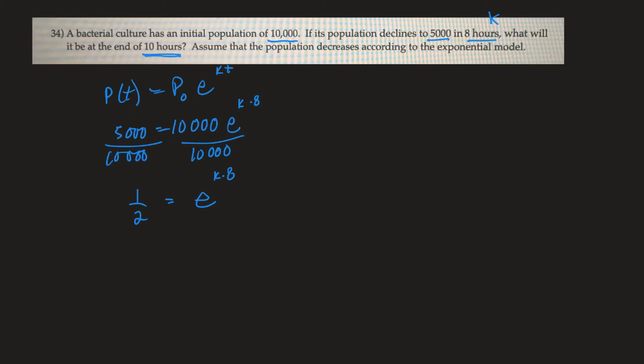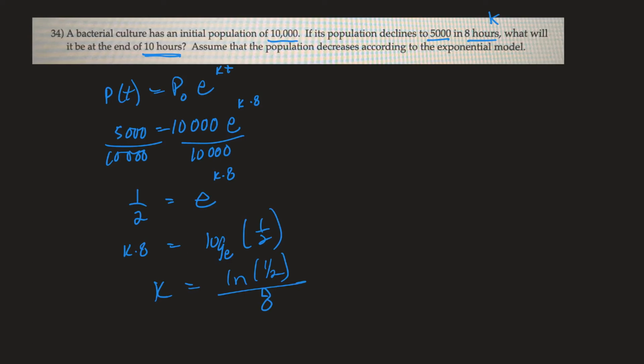Change to log form. So k times 8 is equal to log base e of 1/2. So k is equal to the ln of 1/2 divided by 8. Calculator. Okay, ln of a half